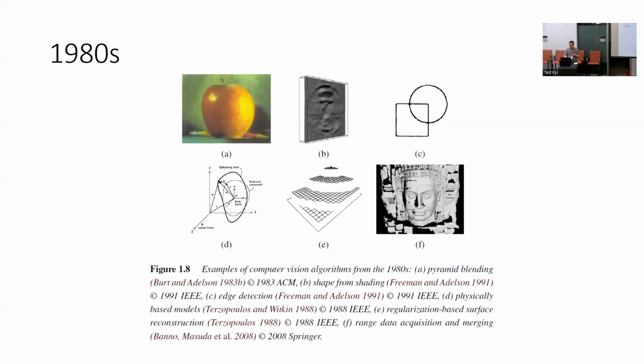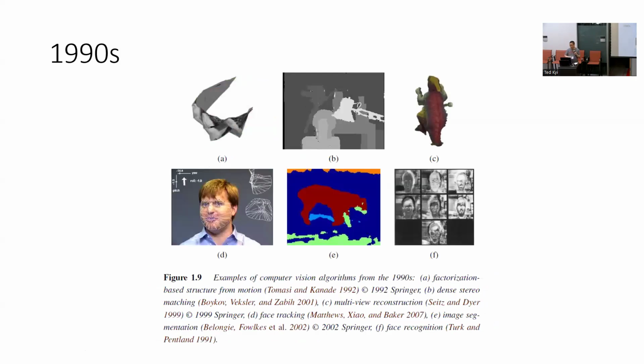And some techniques that I am not familiar with here. If you look in the caption, right, it's talking about pyramid blending, physically based models. I don't know what regularization based surface reconstruction is. Not things that, to my knowledge, we really recognize that are common today. Fast forward to the 90s, it's starting to look a little bit more familiar to me. You see this first item in the figure, factorization based structure from motion. Okay, so I don't know how different this is from